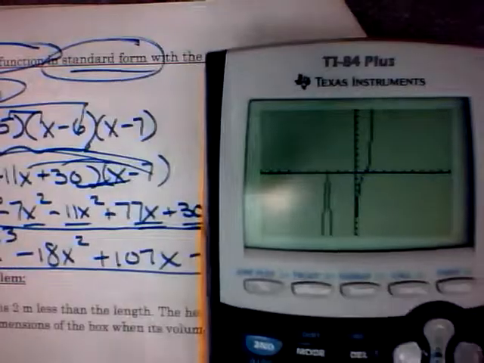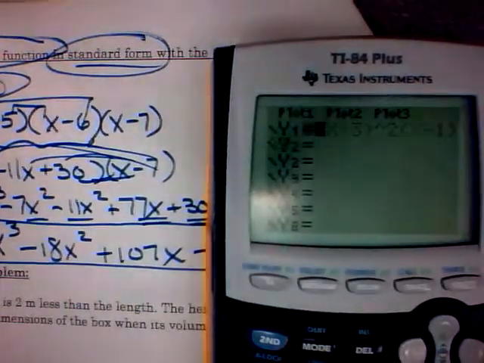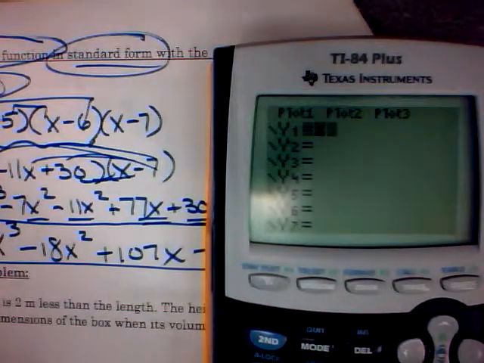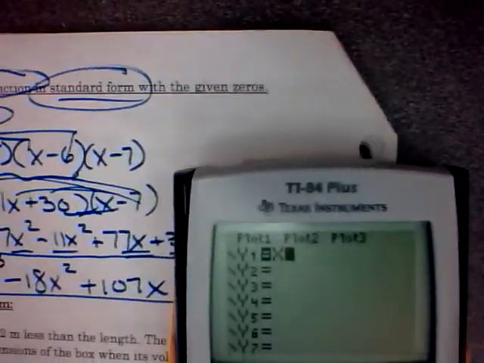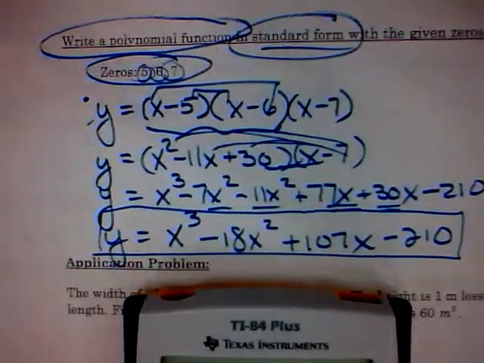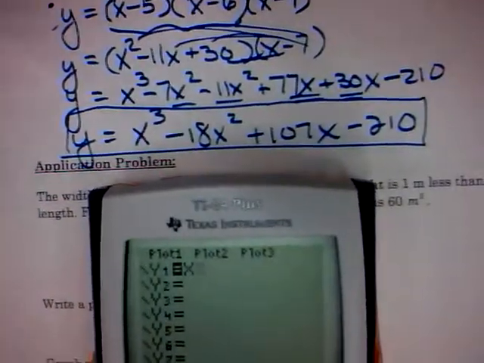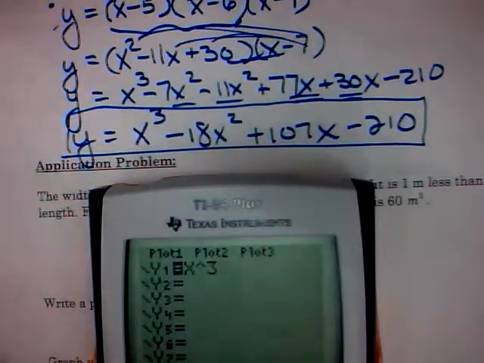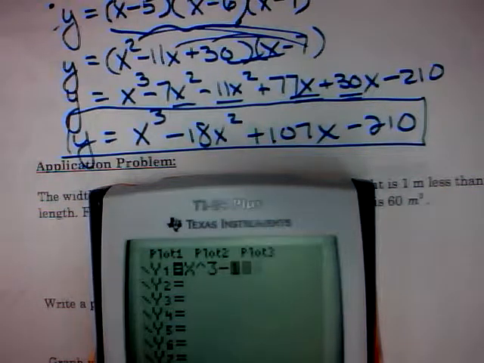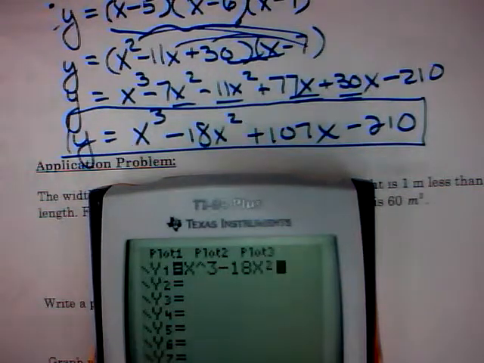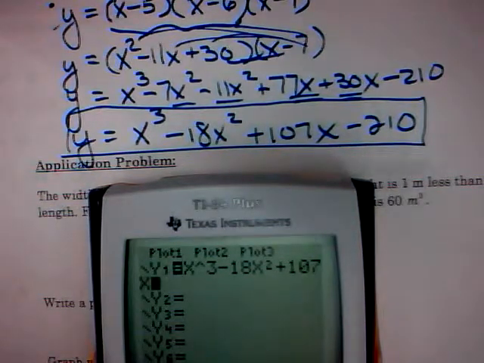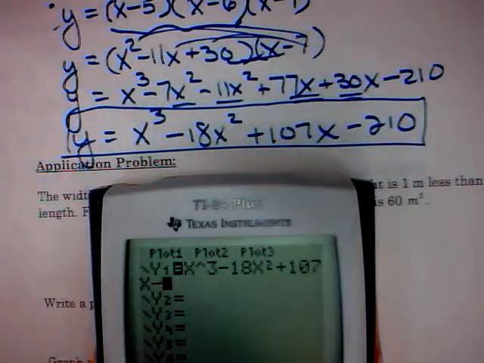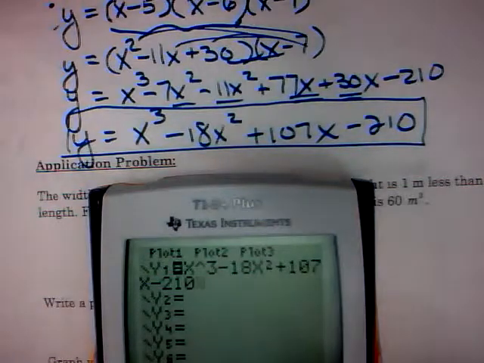Actually, I should have enough time. I could probably do that. So let me do this. So this is x to, let's see if I can get this all in here. So this is x to the power of 3 minus 18x squared plus 107x minus 210. And if we hit graph,